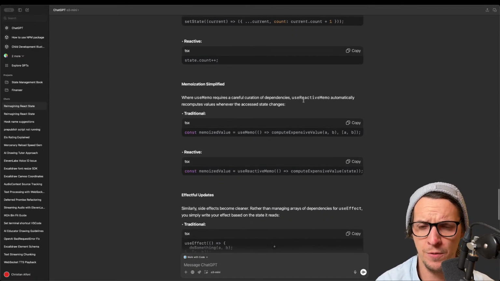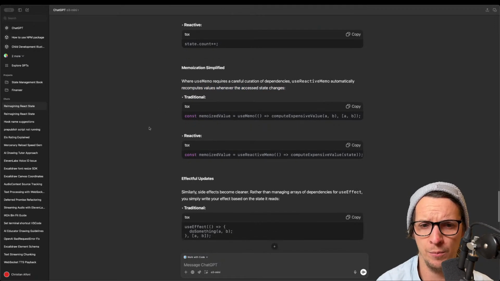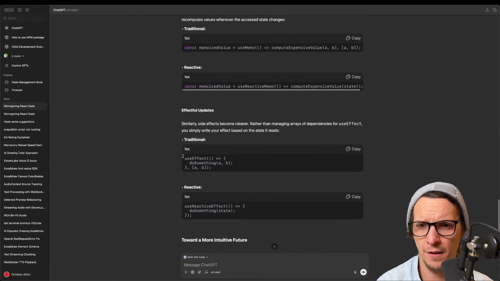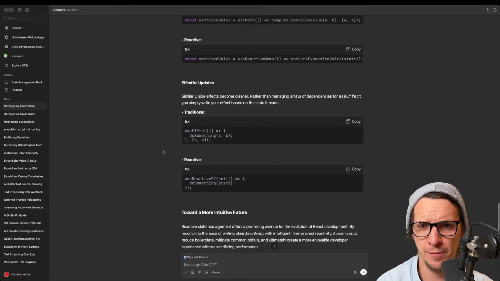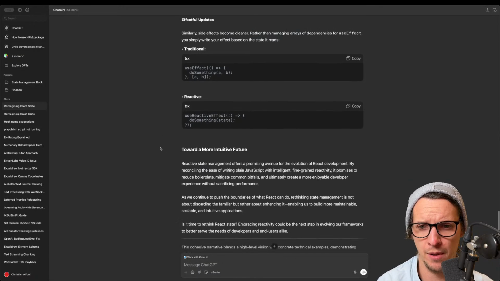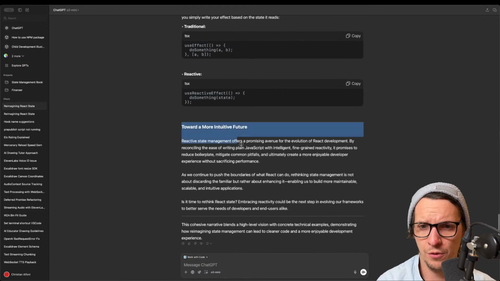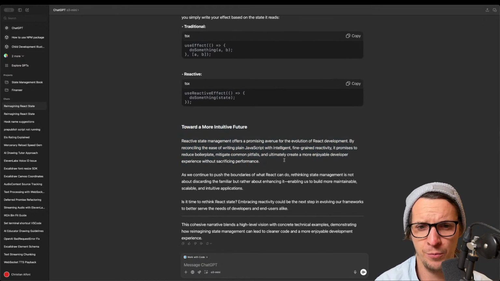Memoization simplified. Where useMemo requires a careful curation of dependencies, useReactiveMemo automatically recomputes. Effectful updates. Similarly, side effects become cleaner. Rather than managing blah, blah, blah, toward a more intuitive future, reactive state management offers a promising avenue for the